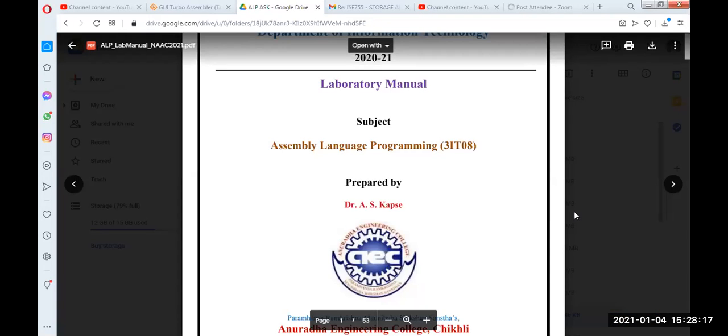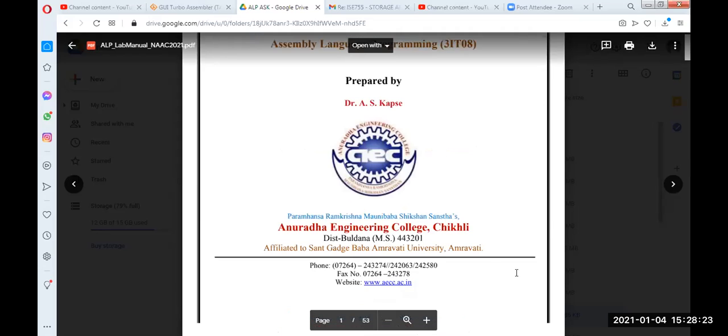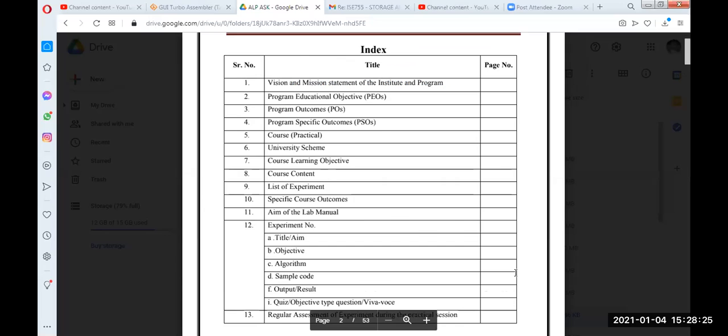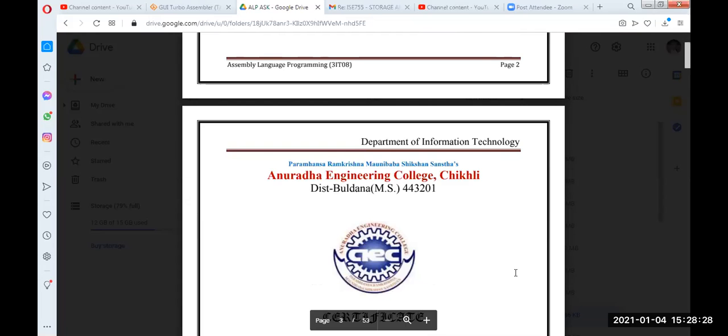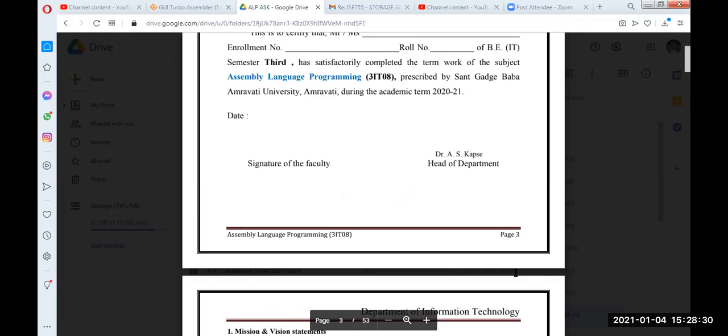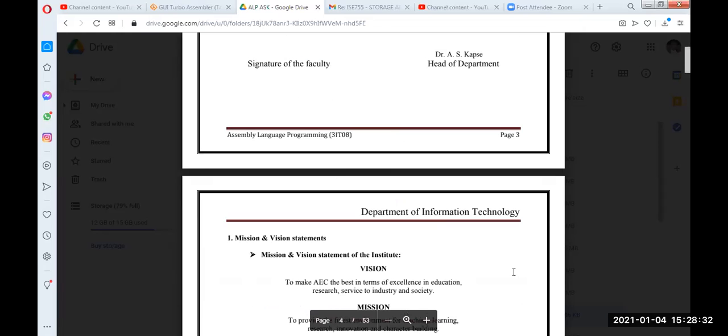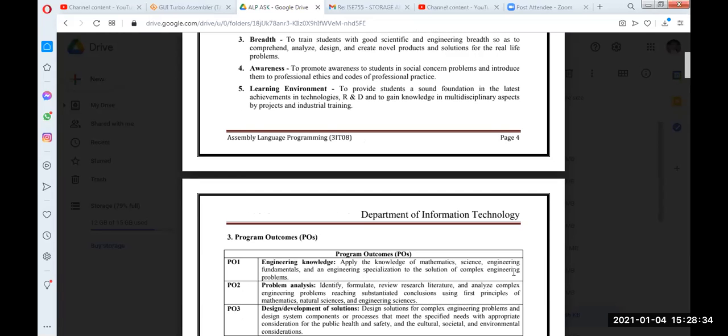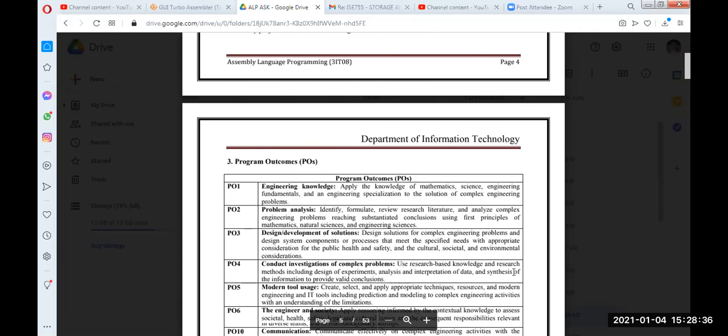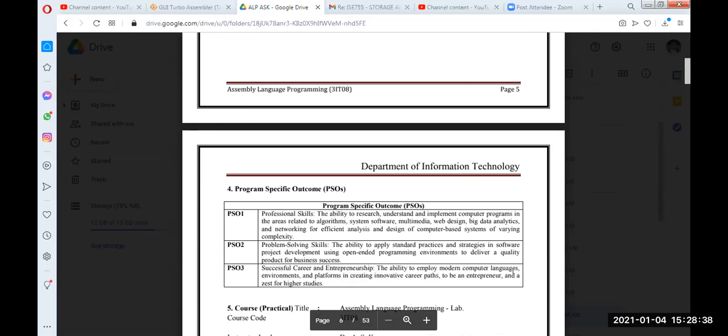Assembly language programming. The code was I3IT08. Now we will see how to perform this experiment. So basically, these are the online practicals. We will see how the practicals can be performed. Okay. So first of all, we will see our